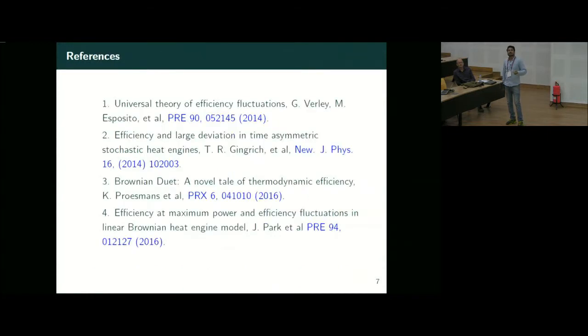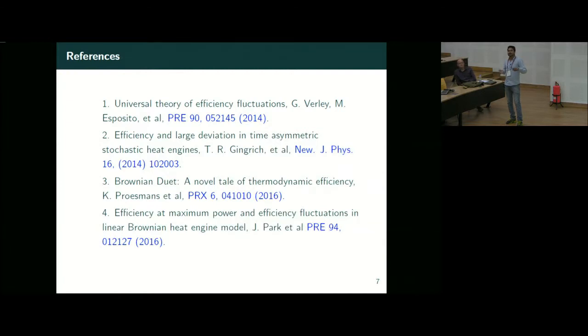Okay, so what are the references? This is the same group. They assume there is a two-level system, and the system jumps between two states by using periodic driving. They calculated the large deviation function, and it has the same kind of structure that I have shown you earlier. This is a US Berkeley group. Grant is probably joining maybe in the next few weeks, so I asked him also about this work.